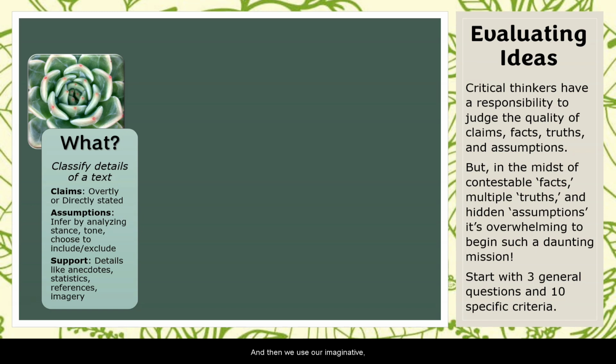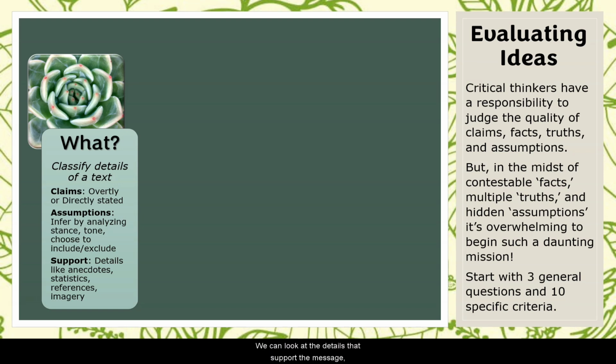And then we use our imaginative critical thinking capacities to say, hang on, wait a minute, what was left out? What has been excluded from this statement? And then we can look at the support. When we're understanding what the message is, like what is this message telling us, we can look at the details that support the message,